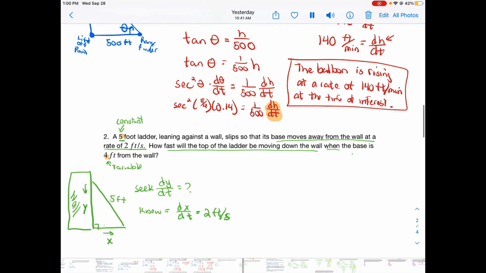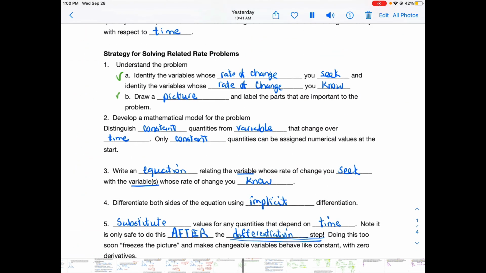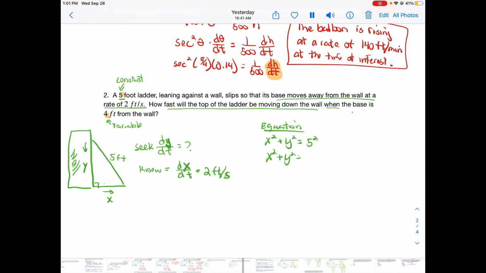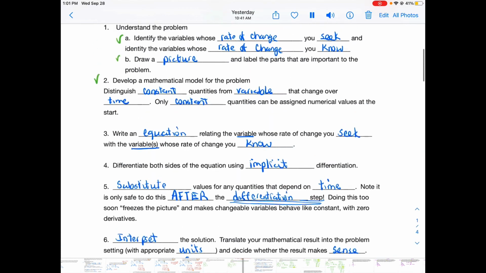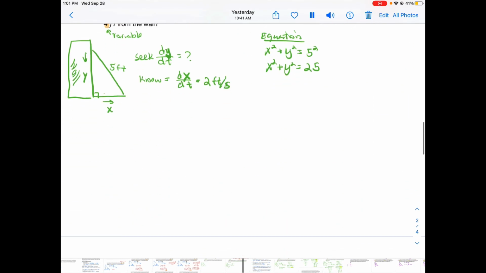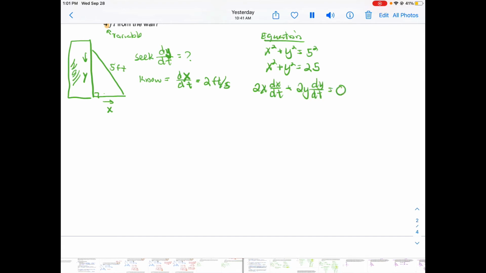Okay, so I need an equation that relates x and y together. I see the Pythagorean theorem would be a decent equation for this. So I'm going to make my equation x squared plus y squared equals 5 squared, because I needed something that relates x and y together. So I differentiate this equation with respect to time. Time is our independent variable. So differentiate both sides with respect to t. The derivative of x squared is 2x, but x is not my t variable, so I have to multiply that by dx/dt, plus the derivative of y squared, which is 2y dy/dt,